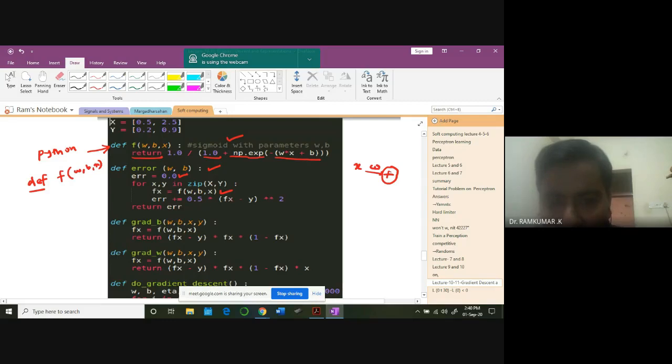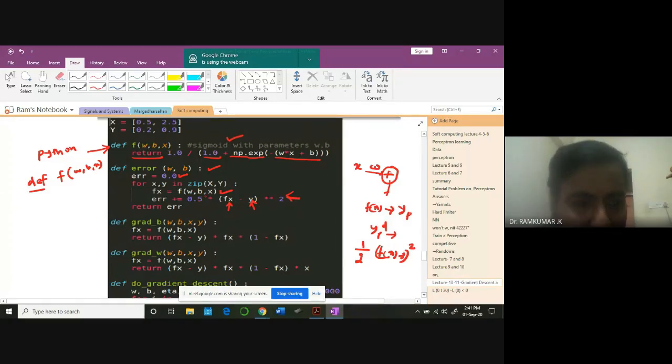How do you compute the error? You'll be computing the f of x. That's the output. Output of what? The neural network, yp. And then you have yd, the desired value from the label. That's y. This is f of x, this is y. Then compute 1/2 times f of x minus y, the whole square. That's what we are computing. Is it clear? 0.5 into this.